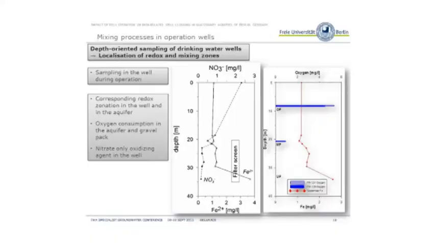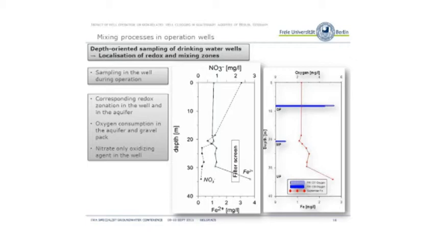So therefore we have to take a closer look at the mixing processes and at the location where the mixing takes place. And we performed a depth-oriented sampling of the drinking water wells. So we took samples inside the well while the well was operating. And in the figure in the middle, the concentrations of nitrate and iron are shown again as a function